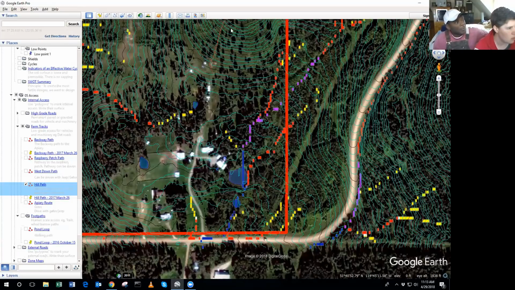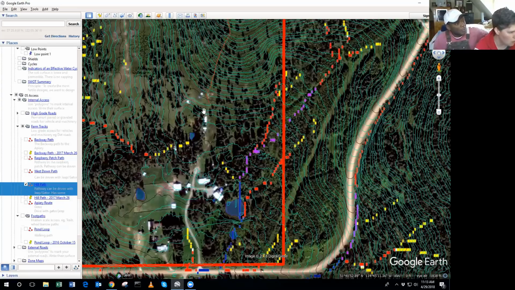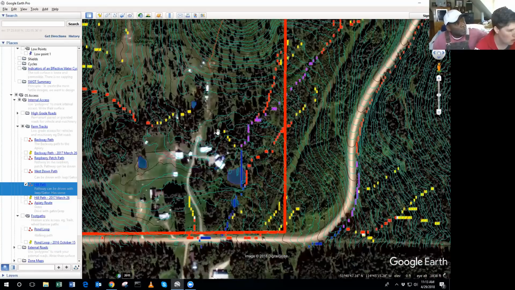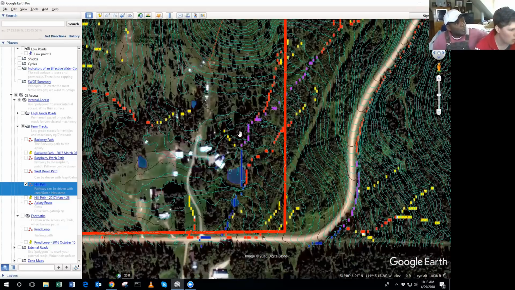Okay, so this is about where the walking path is. The water comes down this pathway and hits this low line, and then it just comes down the driveway and leaves down here. So that's the rest of the water, where it goes. So our plan right now